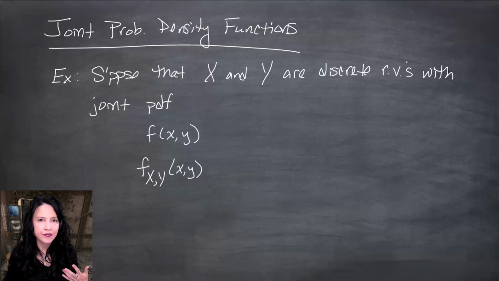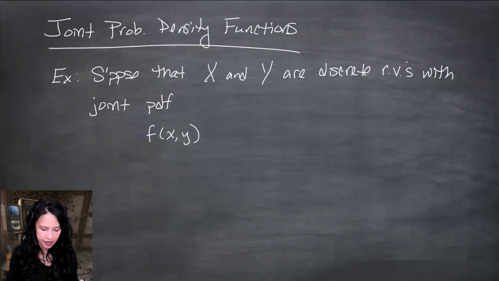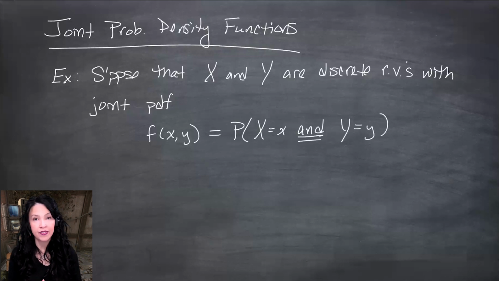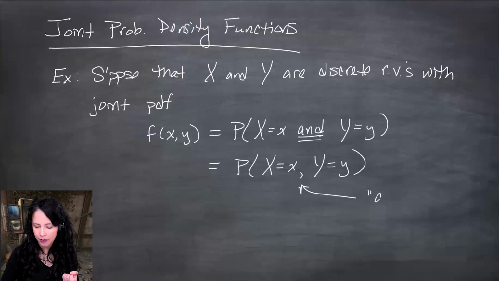You can look at the random variable x, evaluate it at little y. But for today, I think it's going to be good enough to just start with that joint PDF with that notation. This represents the probability that x equals some little x, because these are discrete, and y equals some little y. And the word "and" in probability is represented by a comma. So we would write this as X = x, Y = y. That's just a probability thing. Commas mean and.